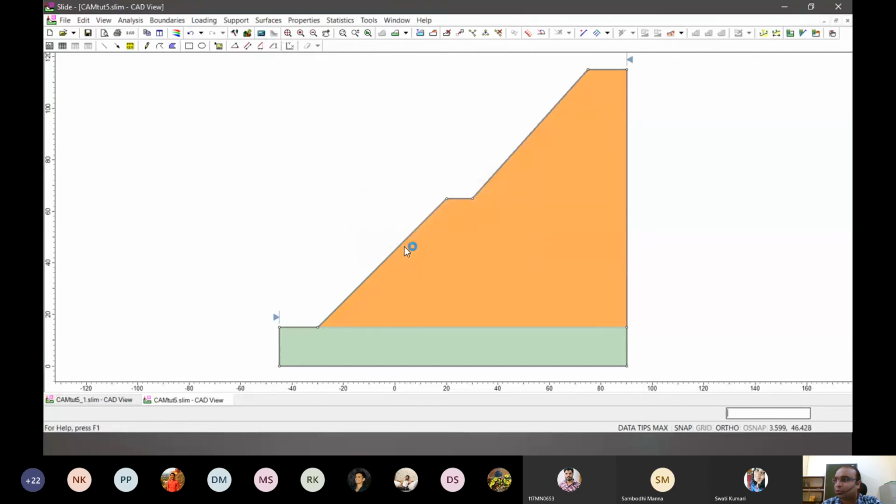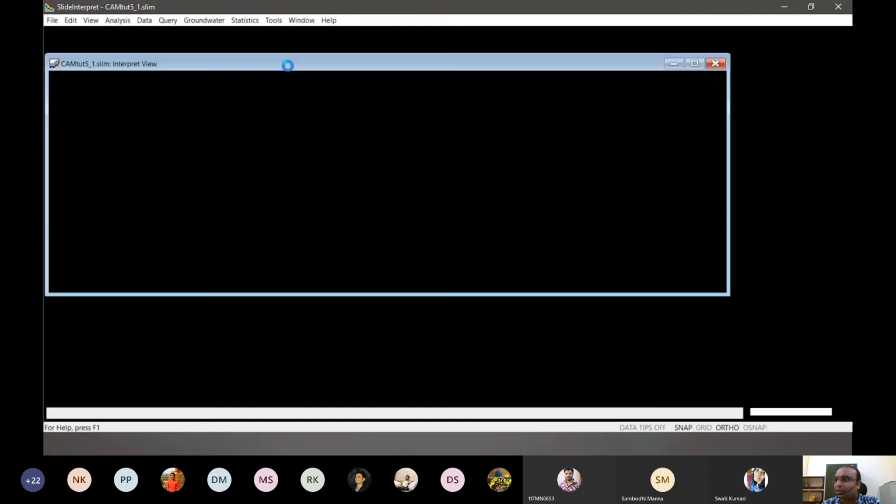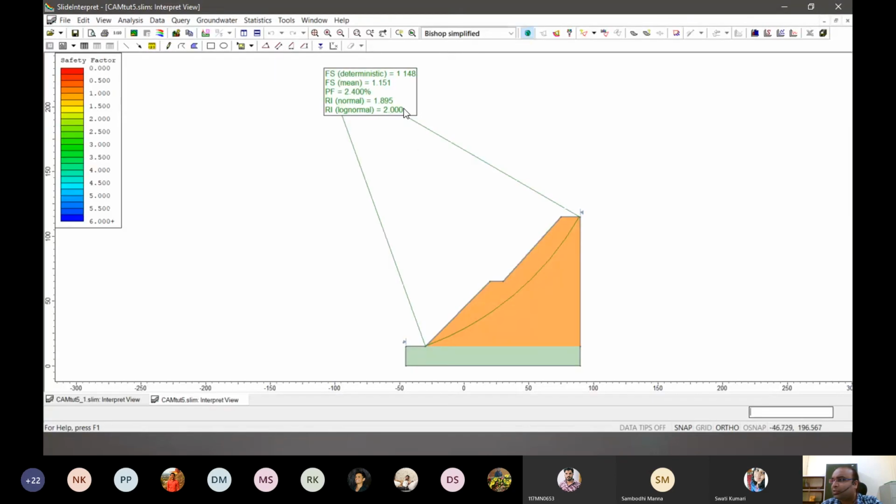Let me show you what I actually mean. Now, because I have selected rand, a different one, you can see there is a slight change in RI, there is a slight change in FS as well. See, RI has moved to 1.89 while it was 1 point very close to 2 last time, right?